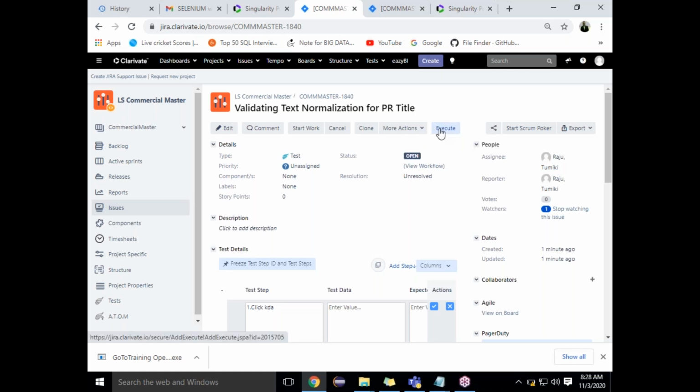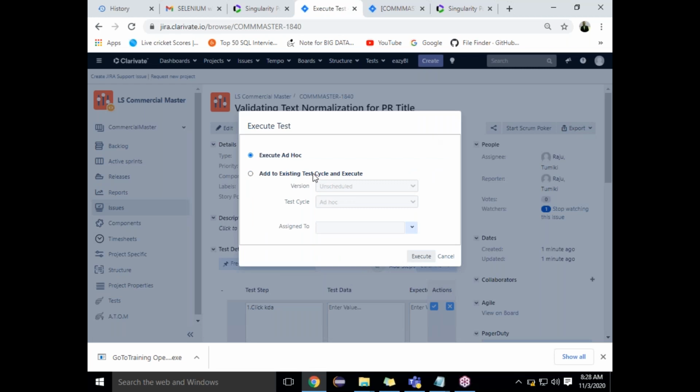In the execute, they will say execute ad hoc or execute test case and test cycle. Execute ad hoc is like general. If you say execute ad hoc, it will open a different test template.